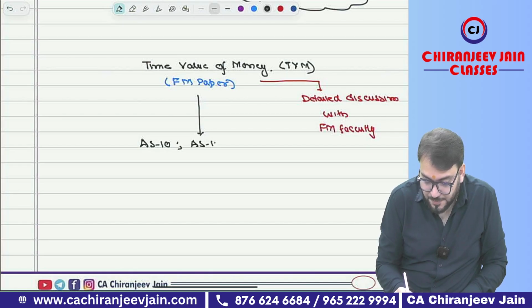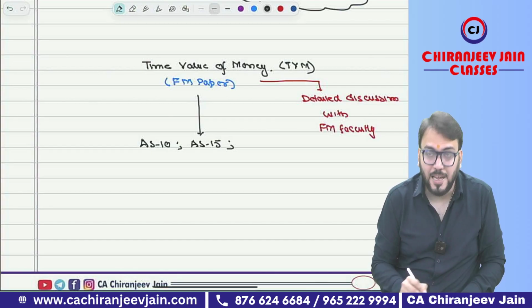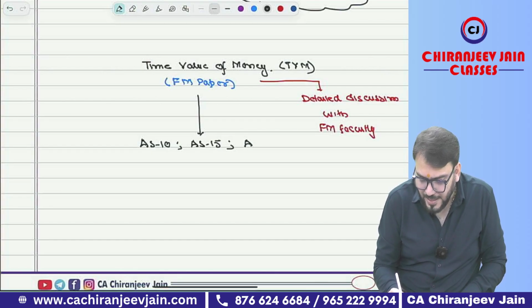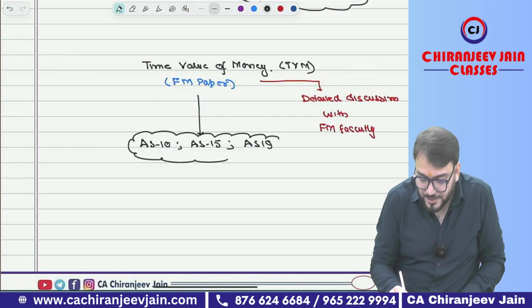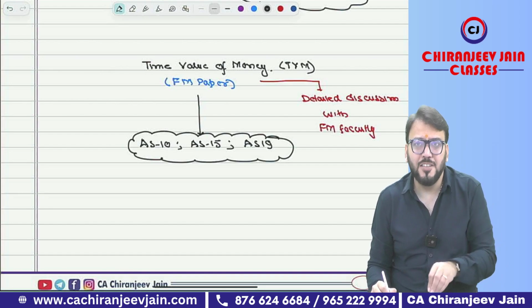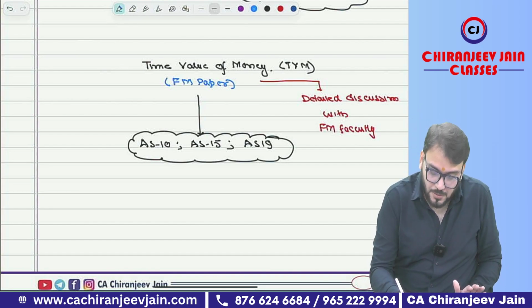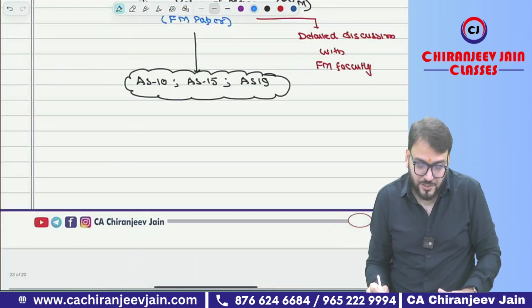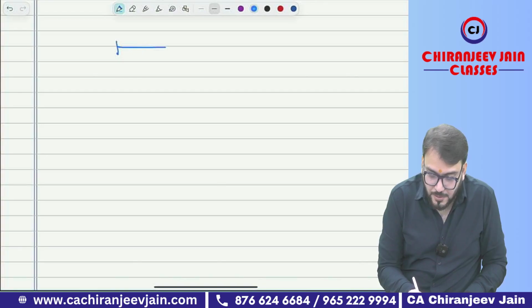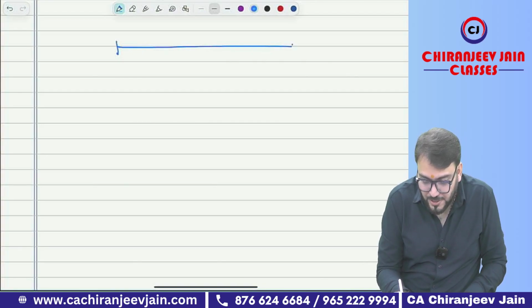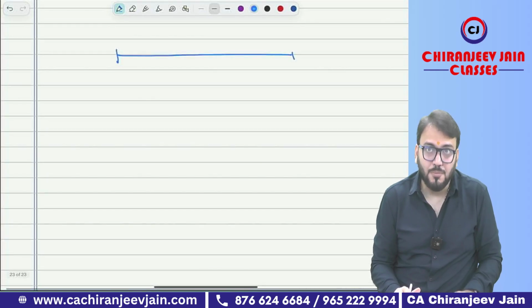Then we'll take AS 15. In that also we'll discuss time value of money. And then AS 19. So these are some accounting standards where this concept will be used, and therefore we are discussing it right now. Now, before I start this concept, I just want to ask one question. If I give you 100 rupees right now